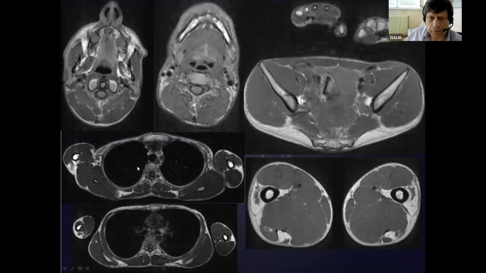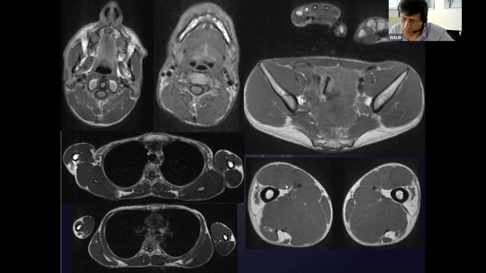Sometimes you have a missing muscle more detectable on MRI than on clinical examination. Here you have the sternocleidomastoid muscle which is missing. Pectoralis major are missing, which is clinical evidence. But for example, the gluteus maximus was also missing. It was not very evident clinically, and you can detect also